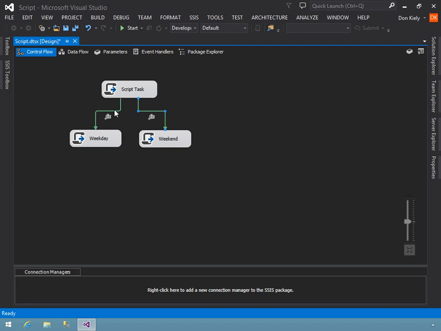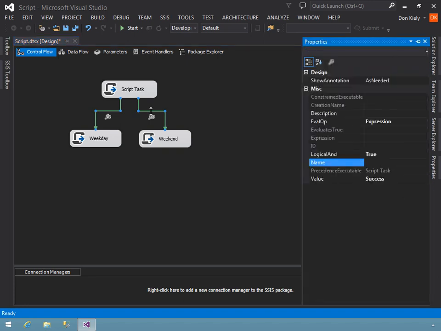The other thing I want to do is I want to select both of these. So I'm going to hold down the Control key and select both of them, and press F4 to open up the Properties window. Because I want to change the Show Annotation, and I want to change this to Constraint Options. Okay. So as you can see, this causes the designer to display the expression next to the precedence constraint on